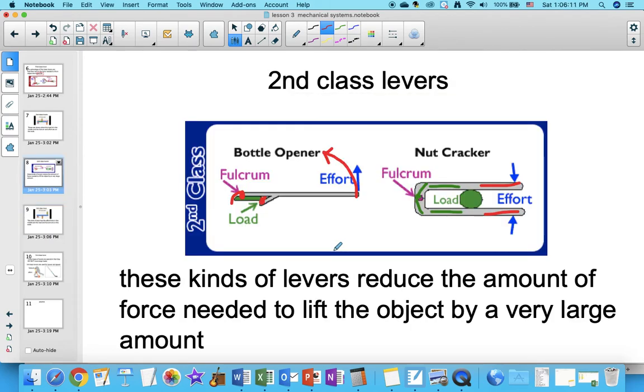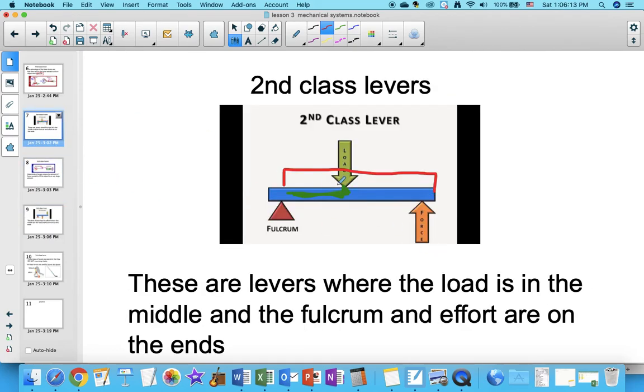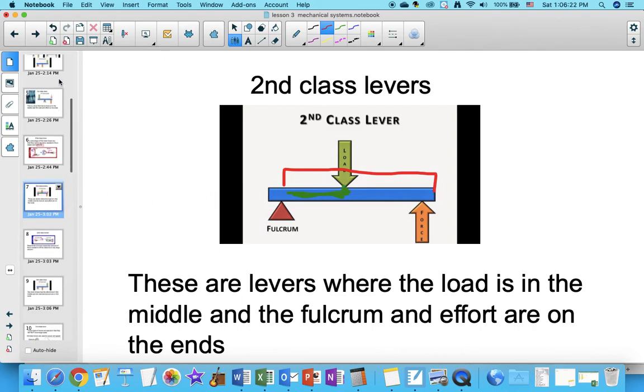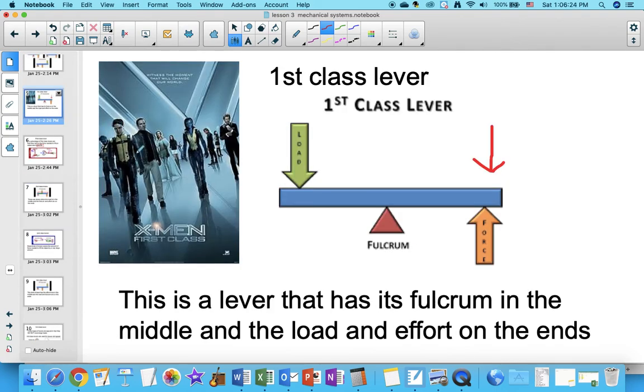A second class lever, well, the effort arm is always at least twice as long as the load arm, and so you can always have a large amount of force. And with first class levers, they allow you to increase the effort arm larger than the load arm,